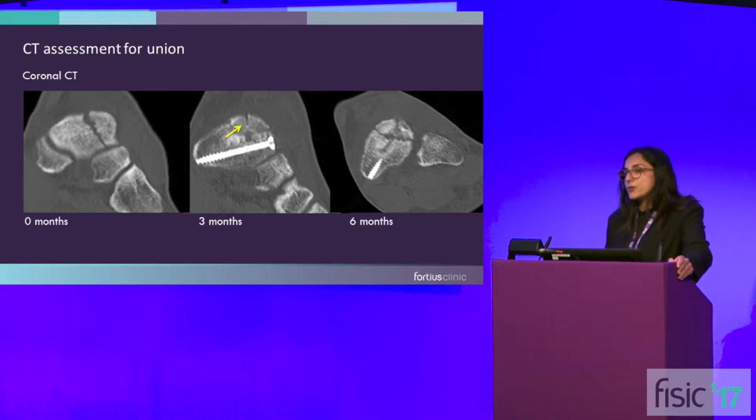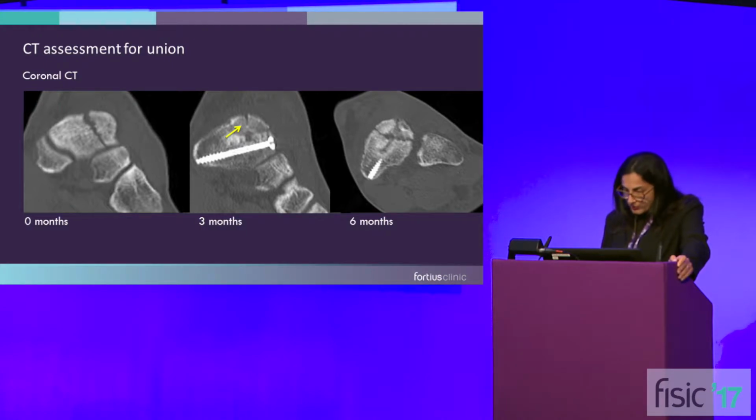And CT nowadays, really, we can employ some excellent metal suppression software, and you get beautiful detail of the healing process. So this is the patient at 0 months, which is what we saw initially. This is it at 3 months. So this is obviously a screw line, not very much metal artifact streaking, which is nice. Looks like there is some healing here at the level of the screw, but up here there's a persistent fracture line at the top.